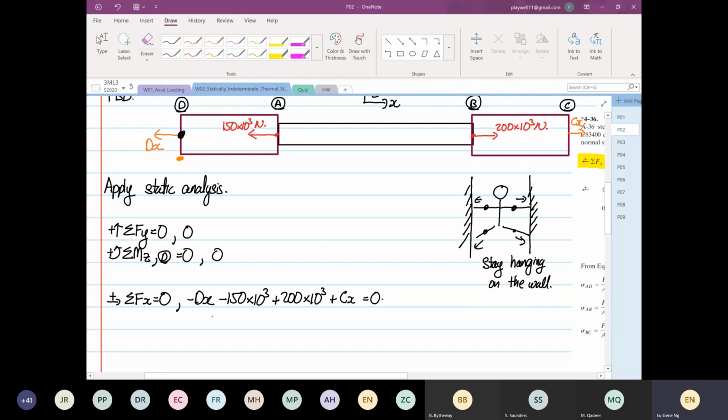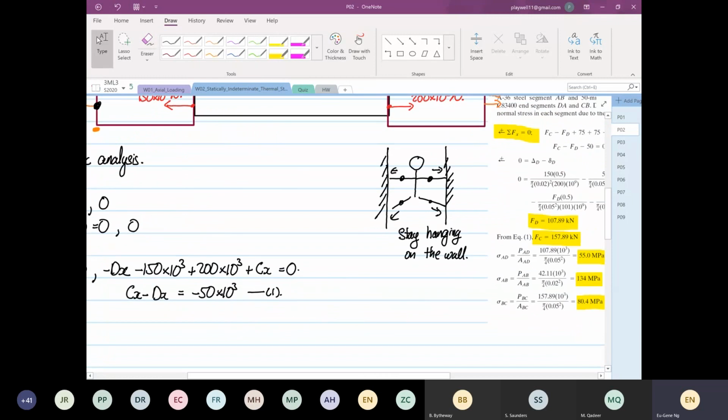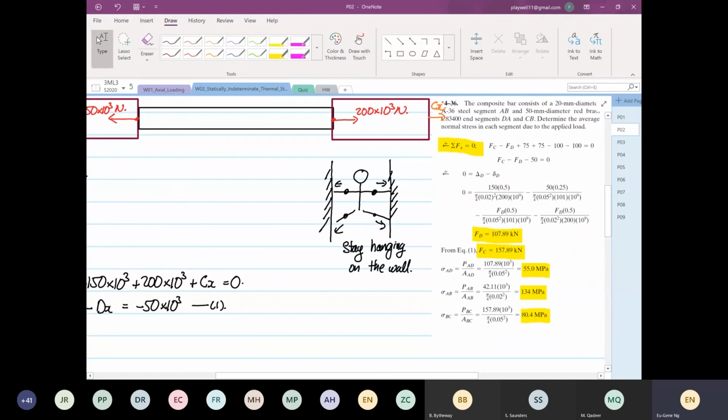So over here you will have cx minus dx equal to minus 50 times 10 to the power 3. All right. And this is what I call my equation number 1. Okay. So cx minus dx equal to minus 50 times 10 to the power 3. So more or less, if you look at the solution, they have a formula very similar. Okay. But it went